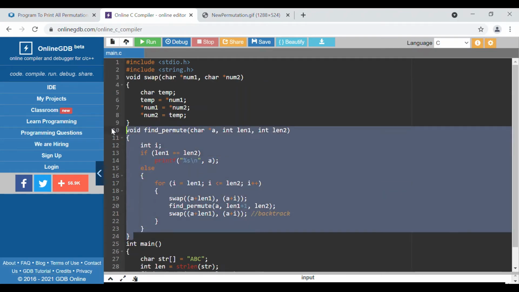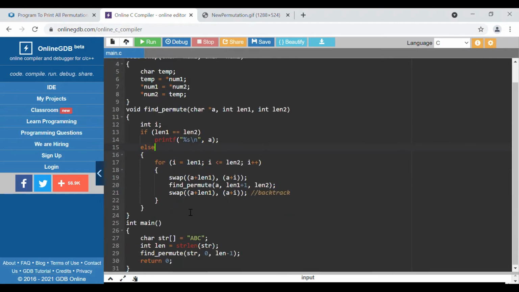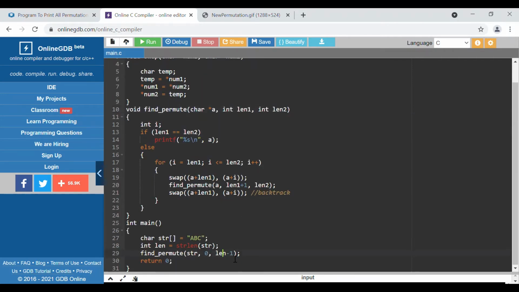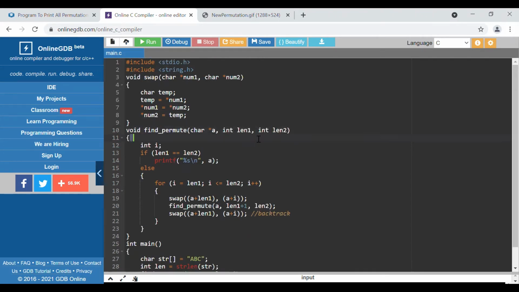This is the main concept we use for the permutation, right? So here we will call that with the string and length minus 1, right? 3 is the length, so for index purposes, from 0th we started, so length minus 1. We call this permute and we pass the string as a pointer, star m, referring to the string, along with these two input parameters. At the initial level it is 0, and length is 3, 3 minus 1, 2. So 0 and 2 are our input parameters, and a is a string, right?